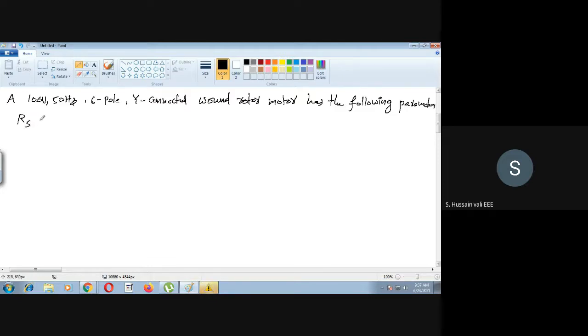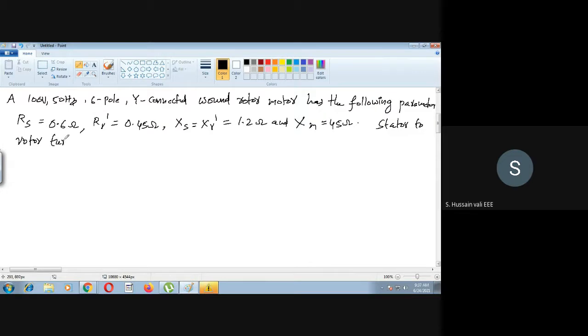Rs, all dash is equal to 1.2 ohm, stator, rotor, turns ratio is 3. The motor is controlled by static